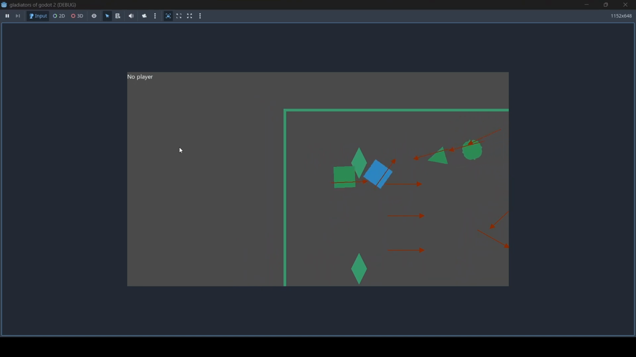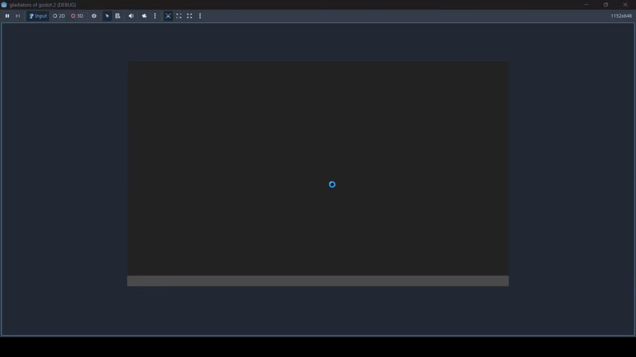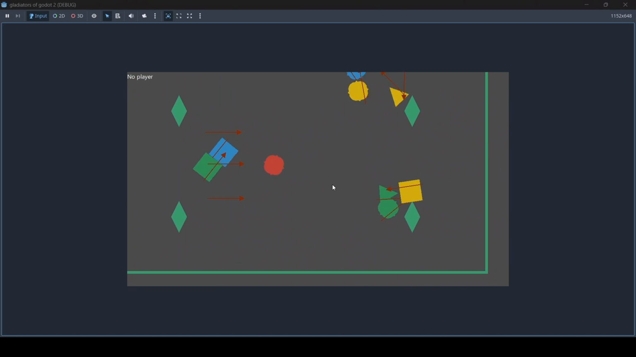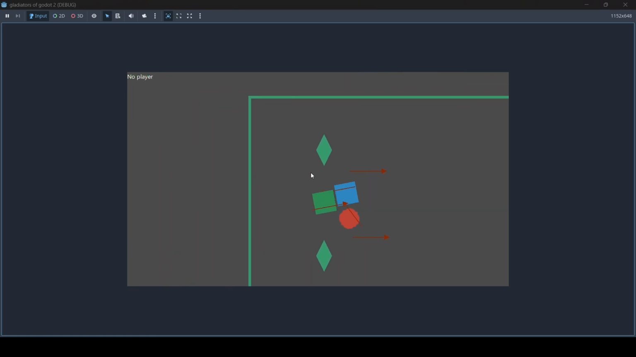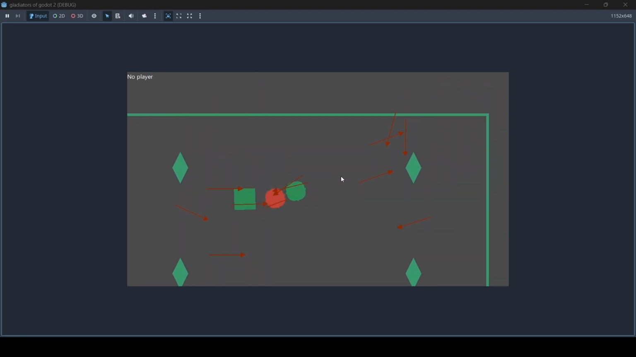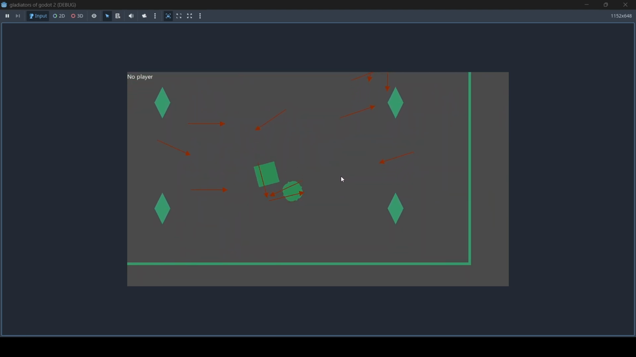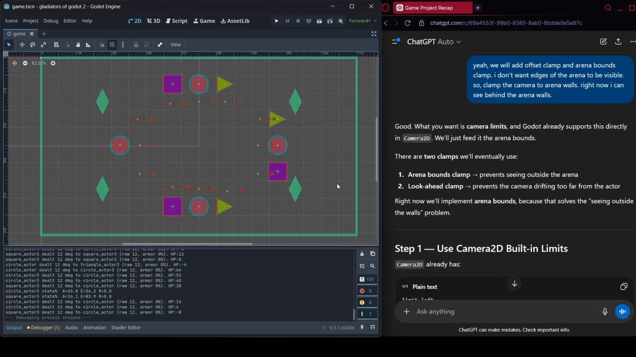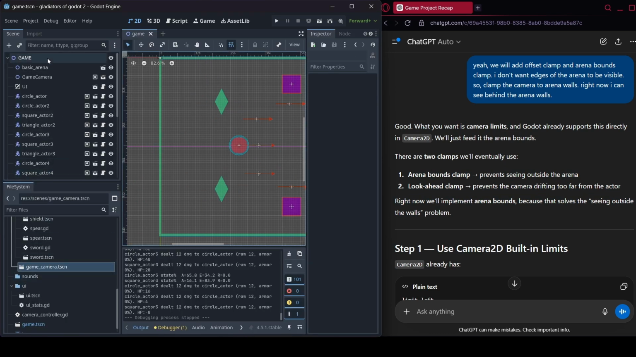I don't think the kill cam works. Nope, kill cam doesn't work either. Okay, I want to test this